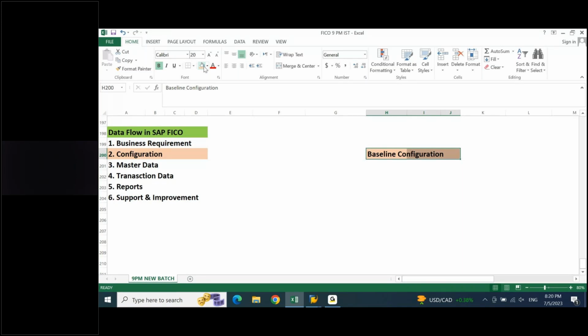When you talk about the business process, you will be talking about your GL, AP, AR, assets, taxes, these kind of things. Yes or no? Yes. Now, when I'm talking about my SAP FICO, I am also talking about GL, AP, AR, asset, taxation. Yes or no? Yes. Accounting is the common point between you and me, as a consultant and as a client.